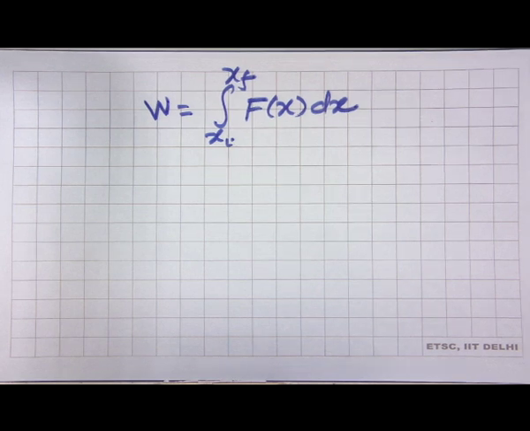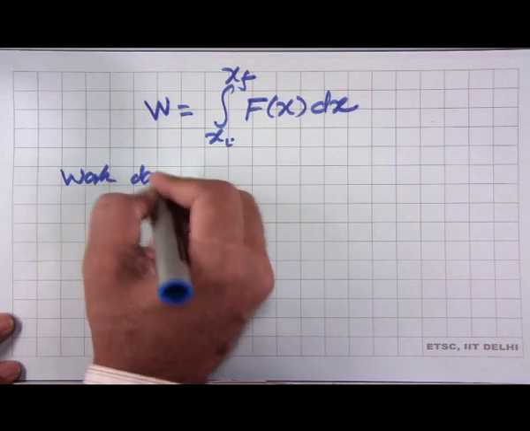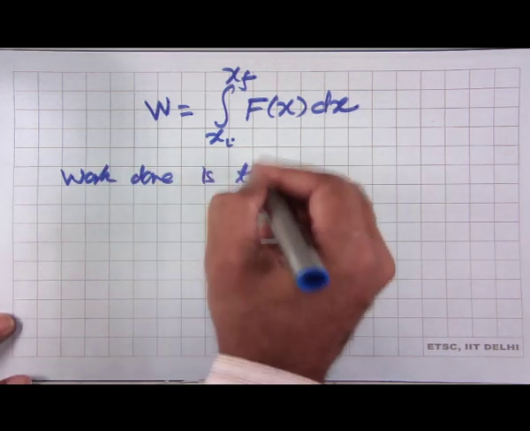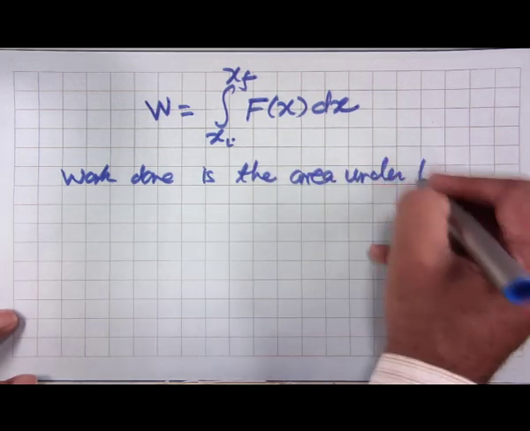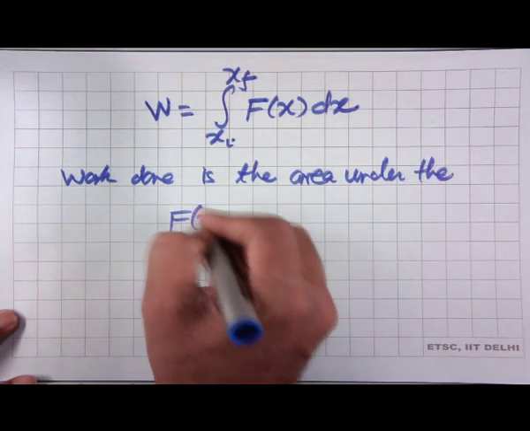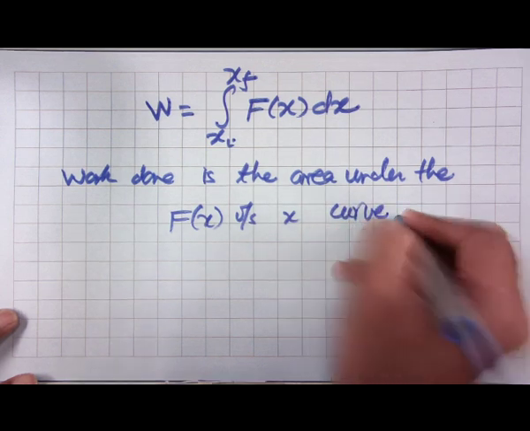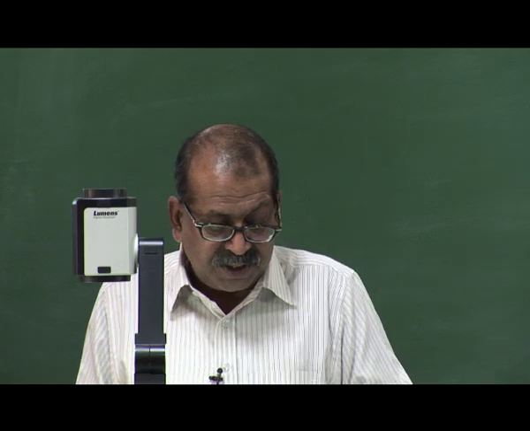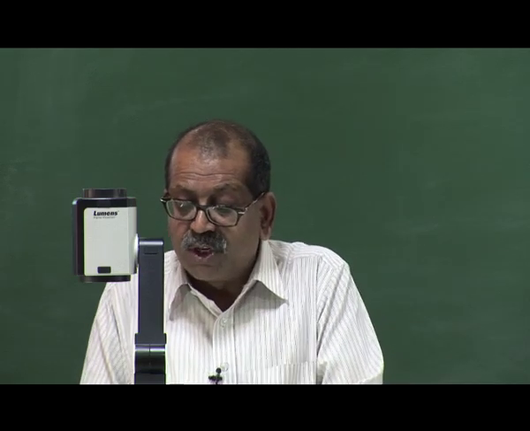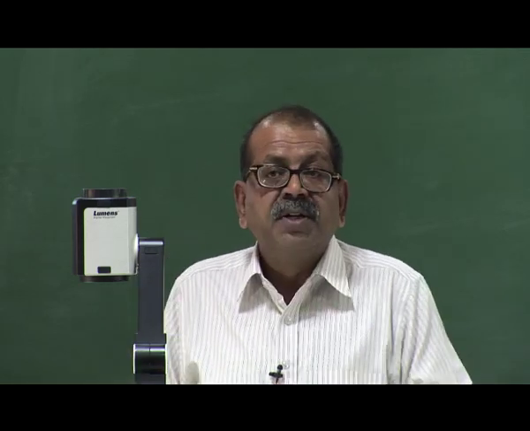So, based on this we say the work done is the area under the f of x versus x curve, and so work is an integral of force with respect to displacement. So, if we integrate the force with respect to x from xi to xf, we get the work done by